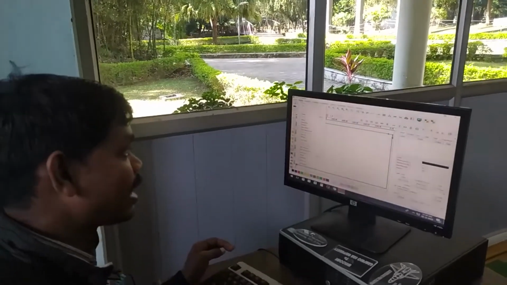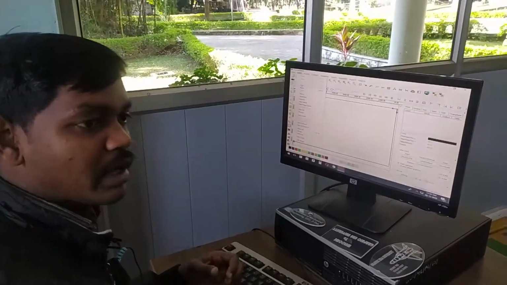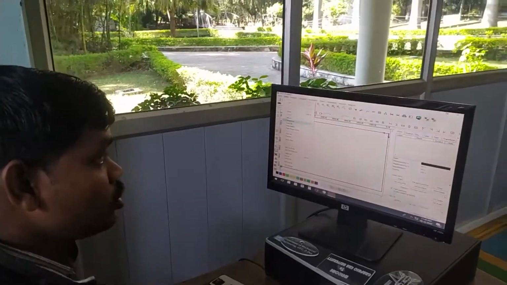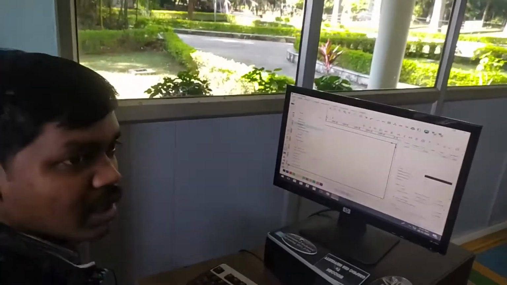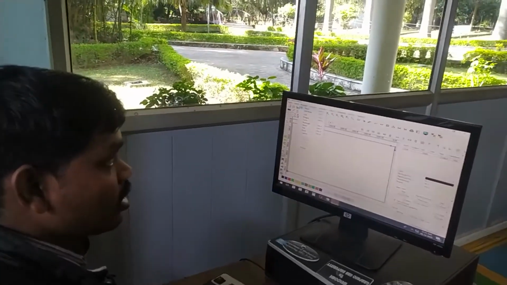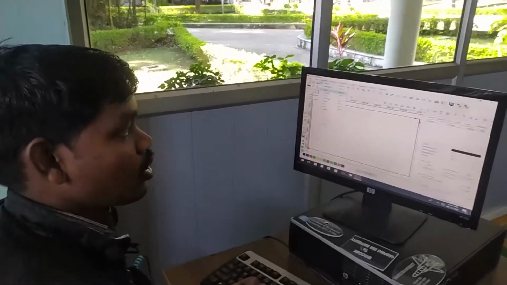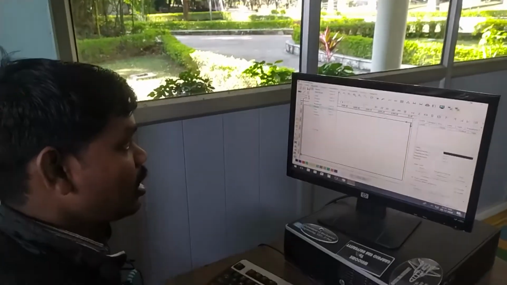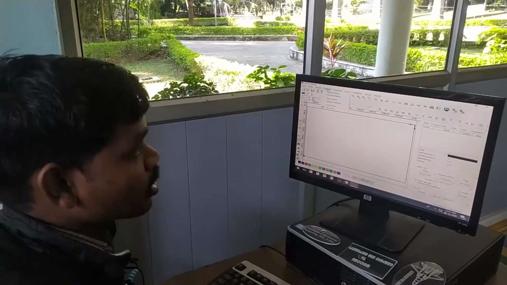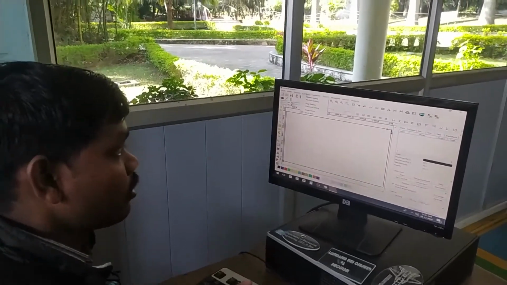Okay, this is the edit menu. Like in other software, editing is copy, paste, cut, zoom in, zoom out, similar to Microsoft Office, but the difference is here, draw. In this you can draw a line, polygon, curve, rectangle, ellipse. You can type text also. Okay, this is for the configuration of the machine settings.